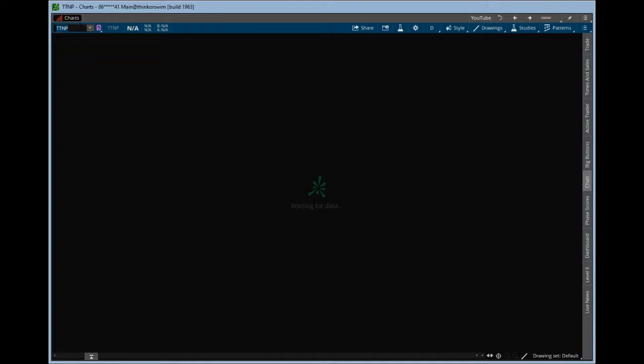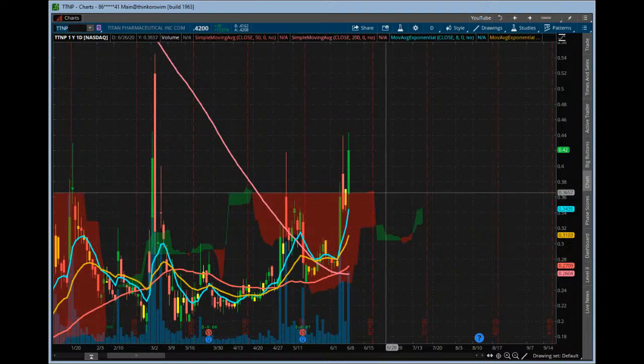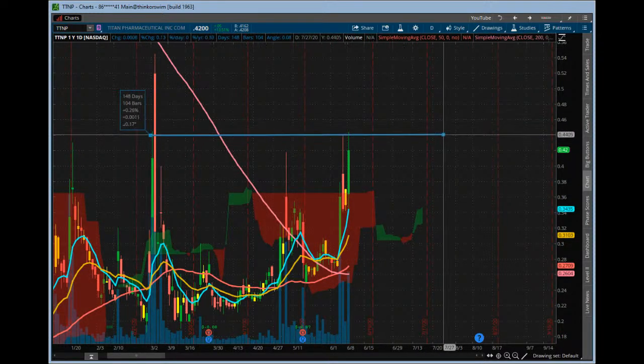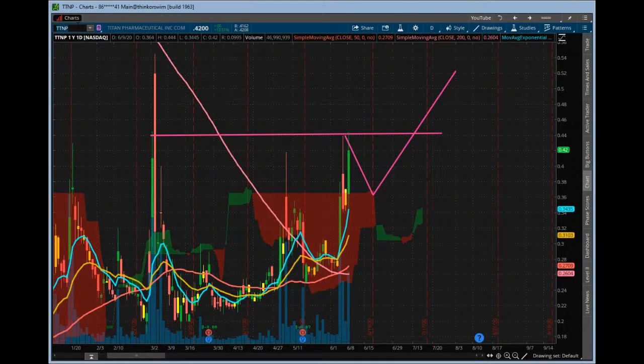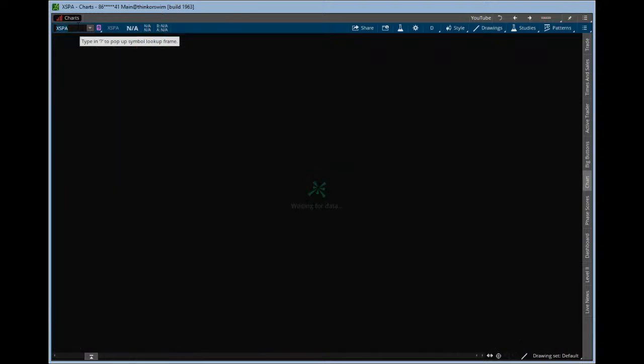So waiting for data to come through today. Yeah, big volume, big push on that one today as well. Again, another penny name right there. So just be careful. Just see if it might pull back to your cloud and try to work its way up there. XSPA. Just be careful. I mean, unless you like trading penny stocks, it could be really risky.